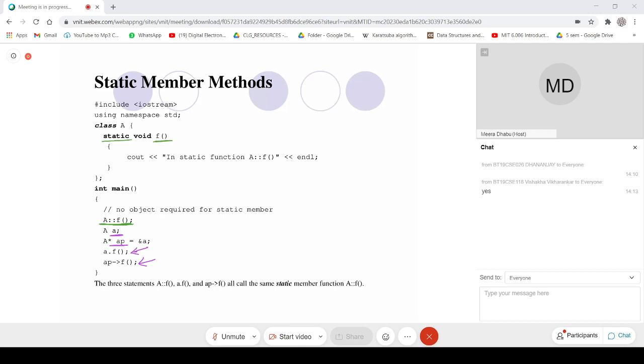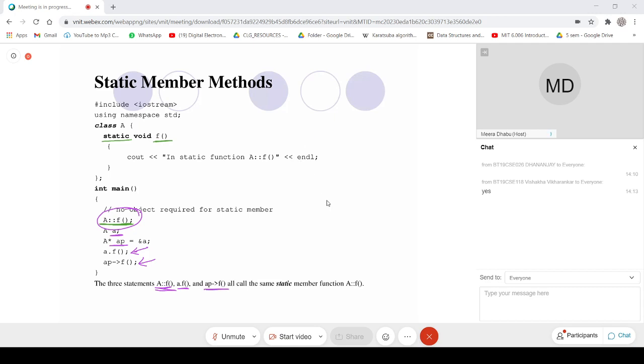Fine. And this is without any association. Okay, and this code will execute. So three ways: without any object association, with object association, and with pointer association.